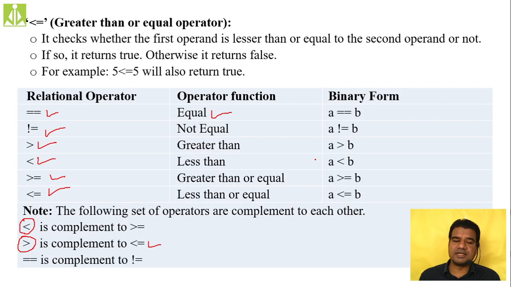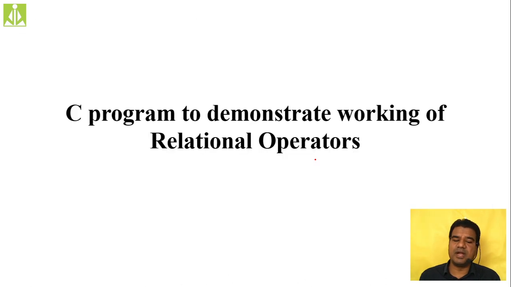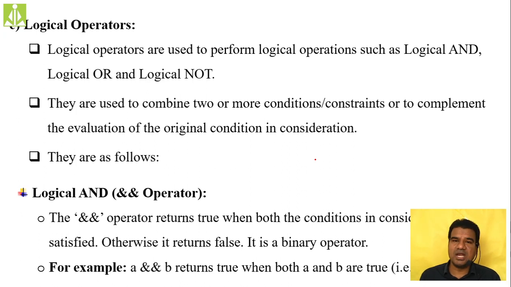So the next type of operators are logical operators. If you want to check more than one relational condition when you are framing your control structures, these logical operators are helpful in combining the relational operators. If you want to check more than one condition,